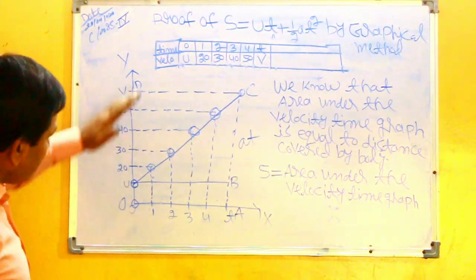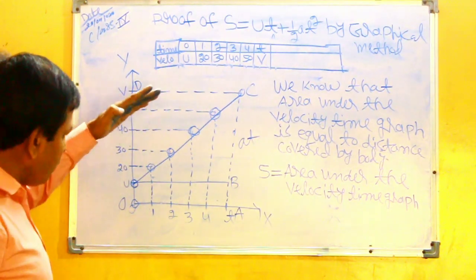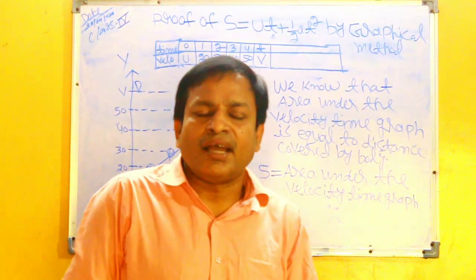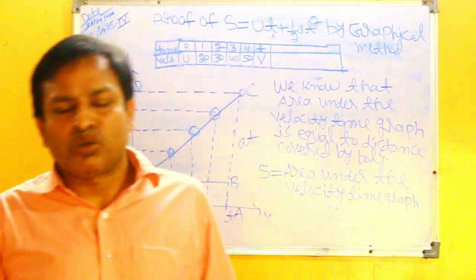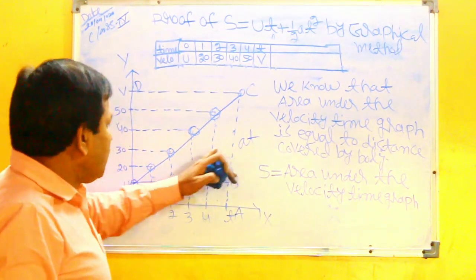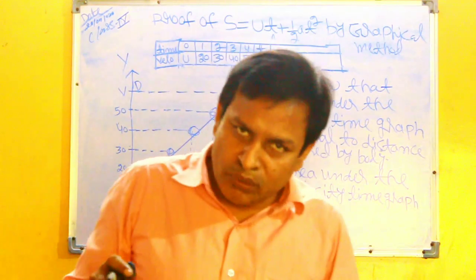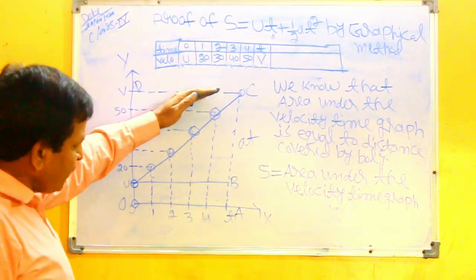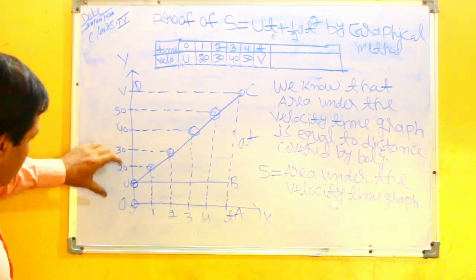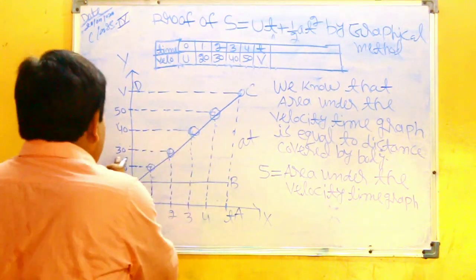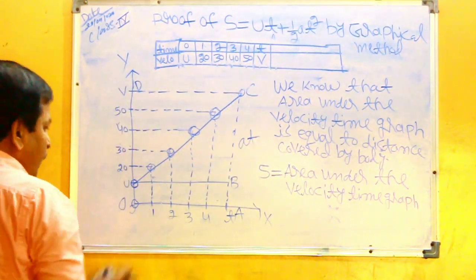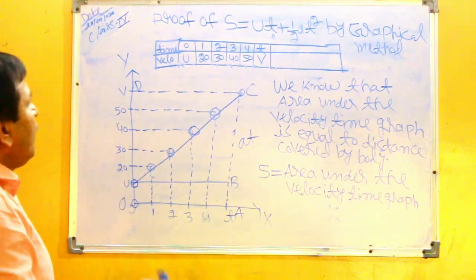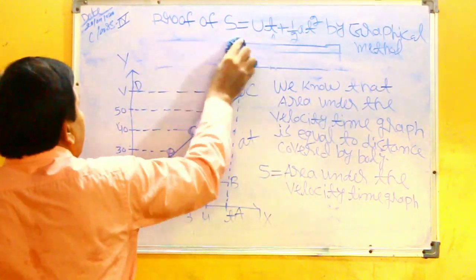Here the shape of the graph is trapezium because its two sides are parallel and two sides are unparallel. Or we can calculate the area by dividing the trapezium in two parts. First part is rectangle, second part is triangle. You can use both methods as you think is easier for you. Here we shall use the trapezium method. So look here, this side and this side are parallel, and this side and this side are unparallel. So it is a trapezium, and for this we calculate the area.